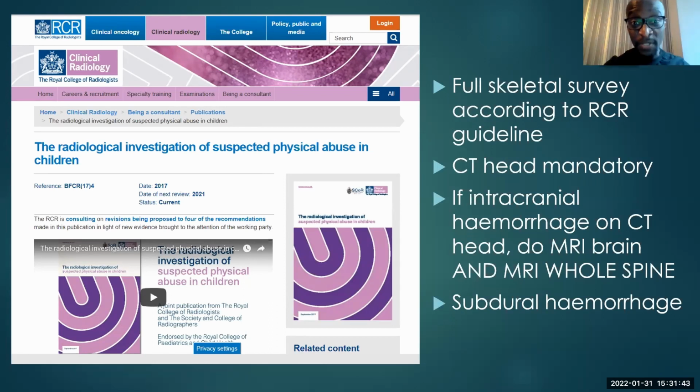And then if at the end of all of that, there is enough suspicion, and there probably will be if you've got a metaphyseal corner fracture, that's when you facilitate a skeletal survey. So it's not our role to absolutely insist that a skeletal survey must be done in every single case. Our role is to report the findings as accurately as we can, notify the safeguarding team, and then the skeletal survey will almost certainly follow, but that is a joined-up conversation between all of the members of that